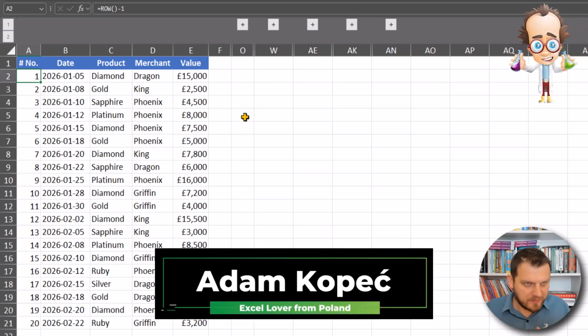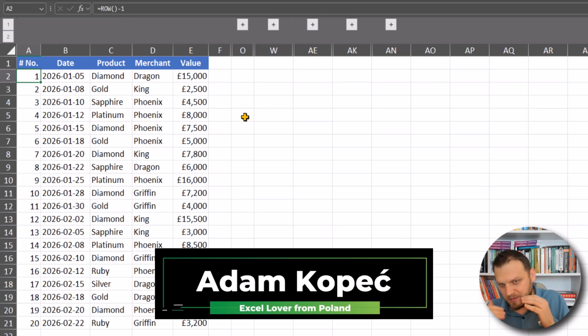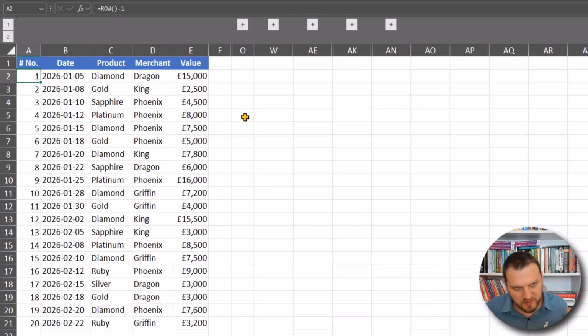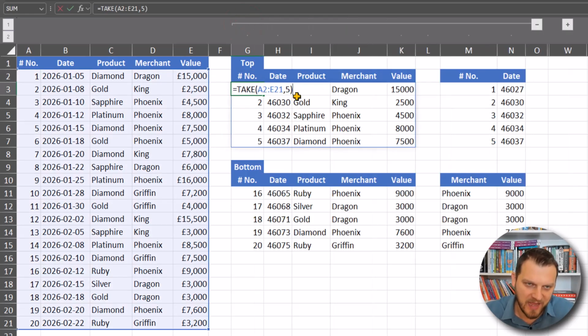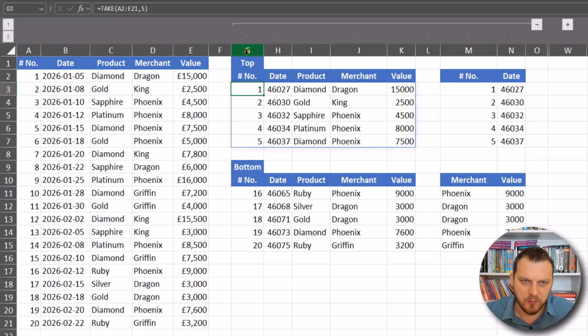Today we want to extract top rows, bottom rows, first rows, last rows, and columns from our data. And we will be using, in most cases, the take function. And we can take